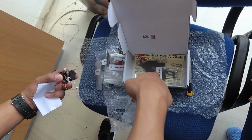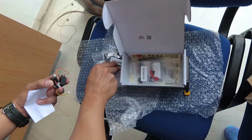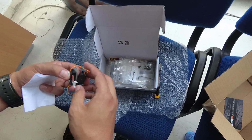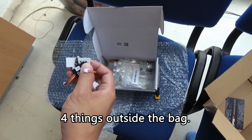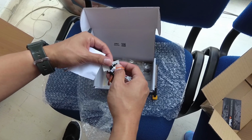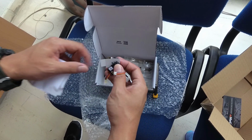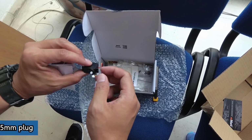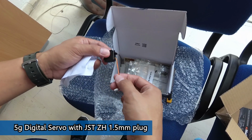So let's recount it. Great, and there should be about 4 stuff outside the bag. It should be shock tower number 1, great. Double-sided tape, great. And a 5G servo with,